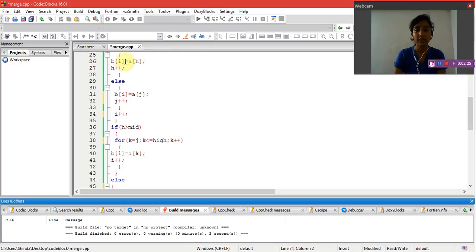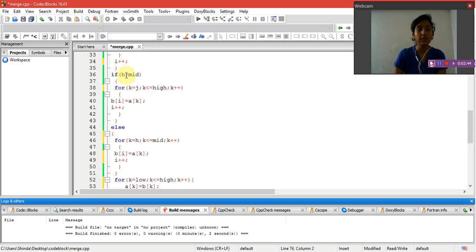Else, if this condition isn't satisfied, then the second array's low value will be equivalent to the first array's mid plus 1, and the j will be incremented along with the low value of the second array, which keeps on incrementing.